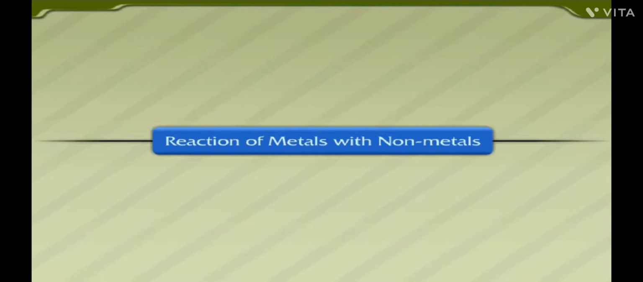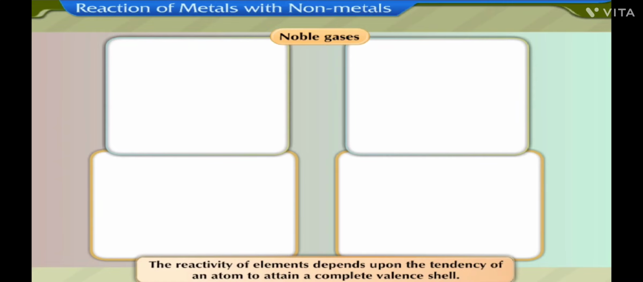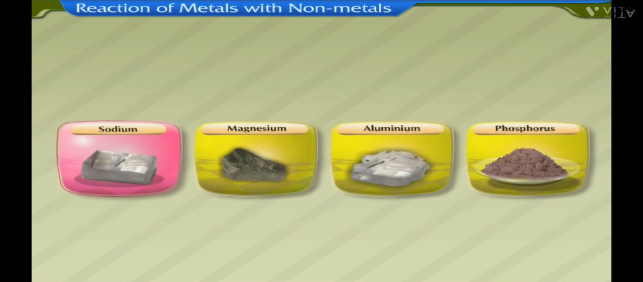Action of metals with non-metals. We know that noble gases like neon and argon have a complete valence shell, hence they are not reactive. The reactivity of elements depends upon the tendency of an atom to attain a complete valence shell. Let us discuss the electronic configurations of some elements to help us to understand their reactivity and formation of different